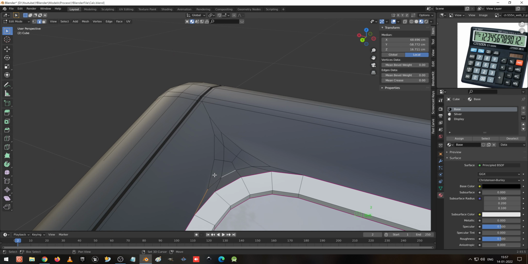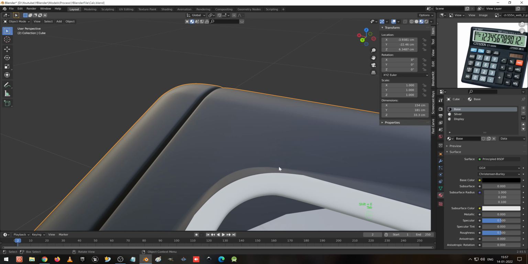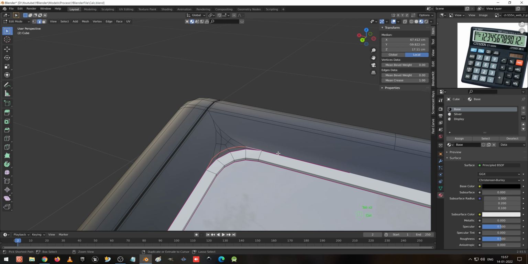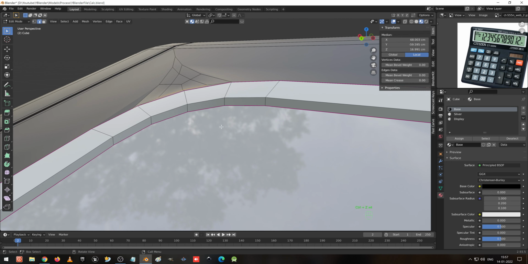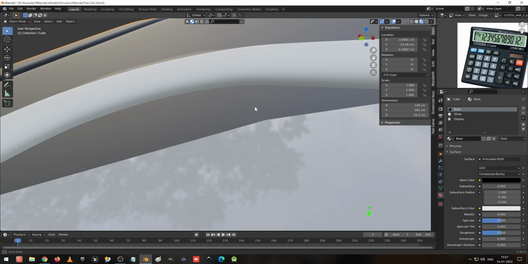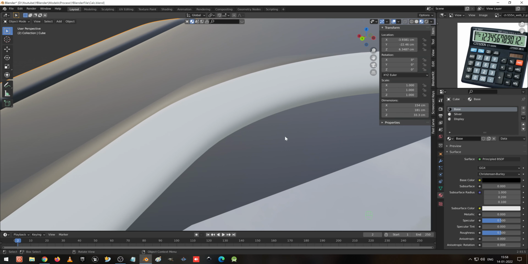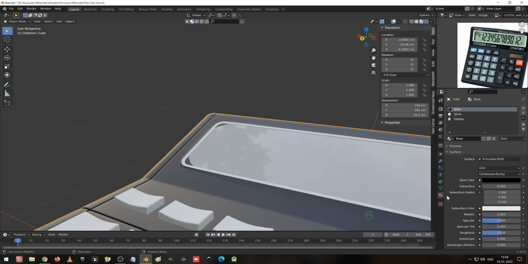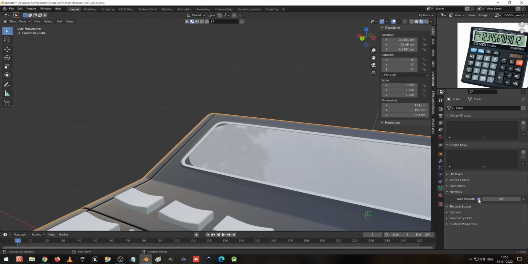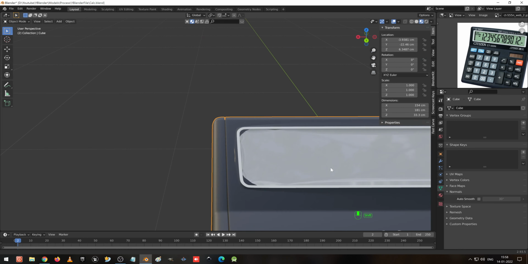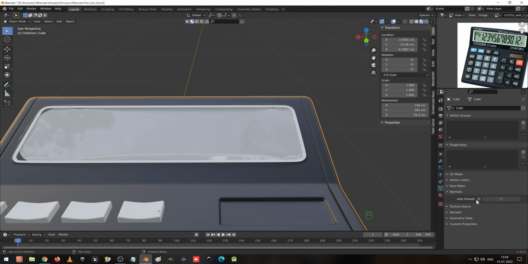Let's see this applying Shift E 1 and applying a crease and see. No, so this is different. I feel like it's different from where it's coming. Make it auto smooth and make it 60 and by 30.